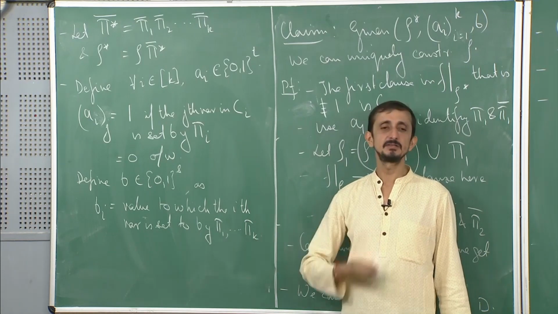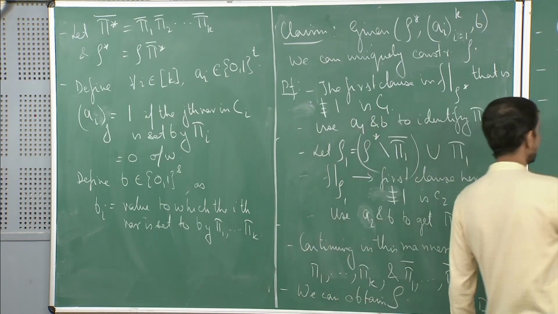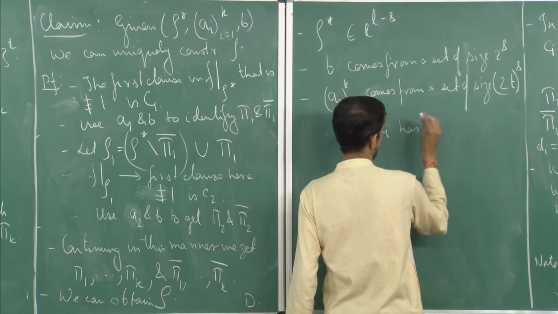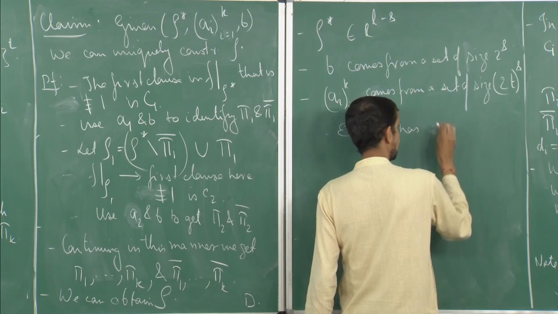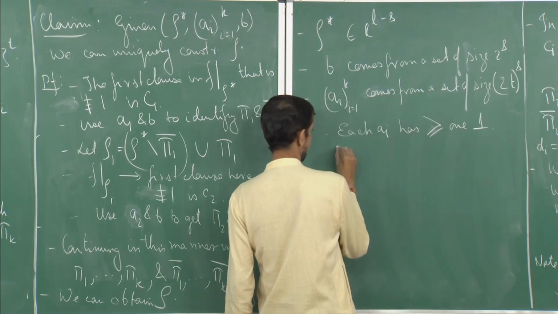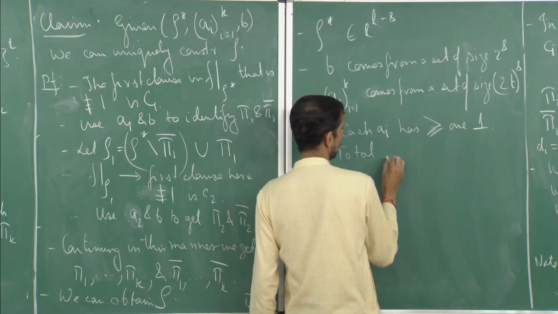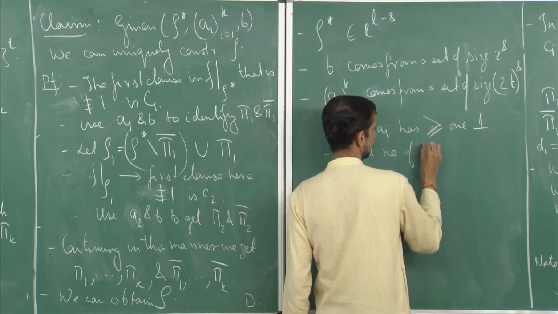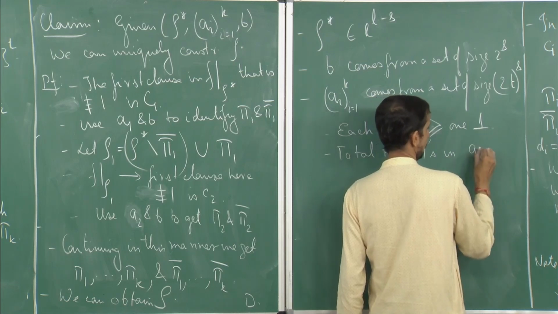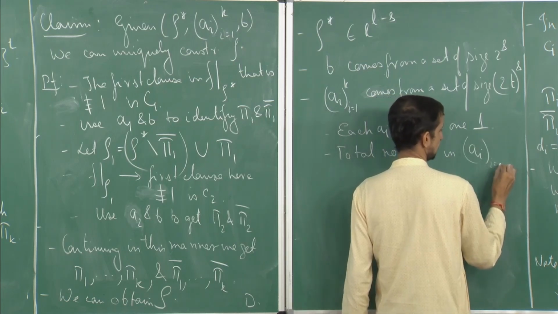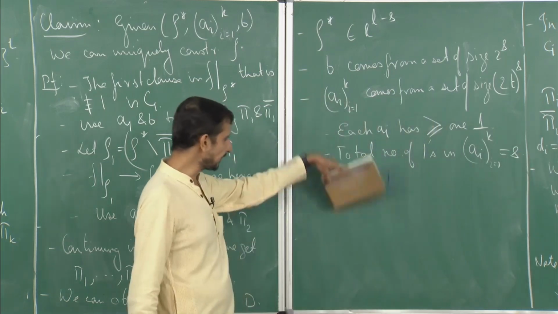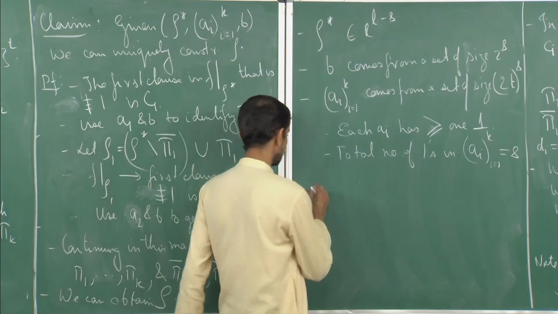S. The total number of variables that are getting restricted is S. Okay. So, each A_i has at least one 1, and the total number of ones in all the A_i's is equal to S. Now, using these two you can find out that, so I will just leave this